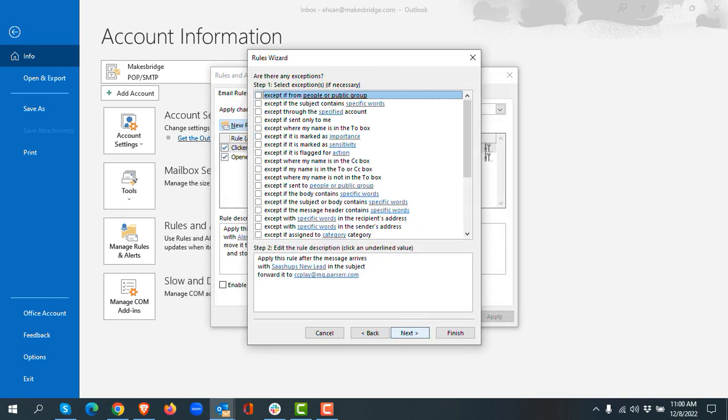So you click Next. Now this is really important that we should have an exception to avoid sending any email messages that should not be sent over. So for the exceptions, what we can do is, you might be replying back to your data provider and you don't want the emails that you reply back or maybe forward to get forwarded over to Parser. So what we can do here is